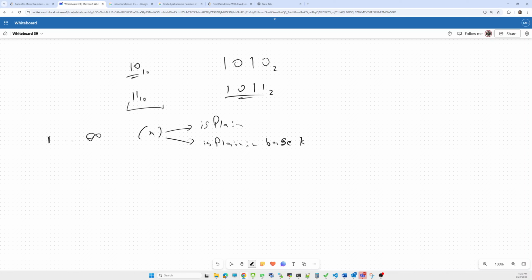We have to return the sum of such first n numbers.